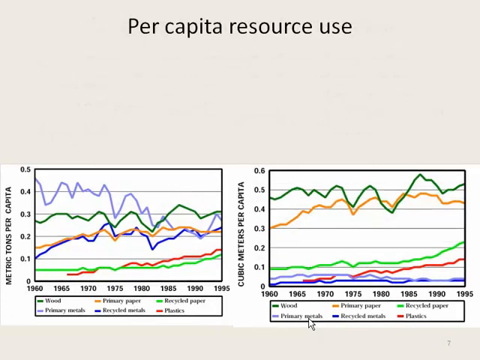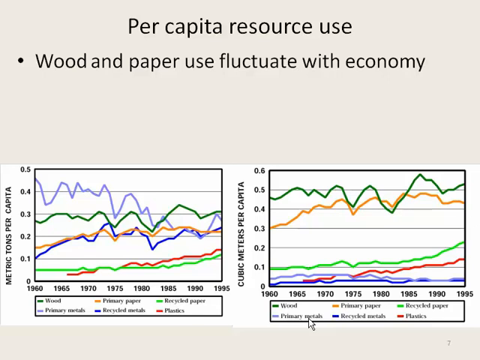And again, those lead back into waste issues that we'll address later in the class. If you look at our use per person, and this is where you can think about your own use of resources as being a quote average person, the use per person per year is tied very heavily to the economy. When the economy is up, the use of wood and paper will increase. When the economy goes into recession or economic downturns, then that consumption will be reduced.